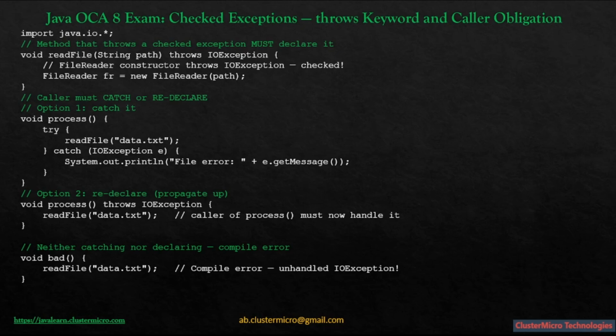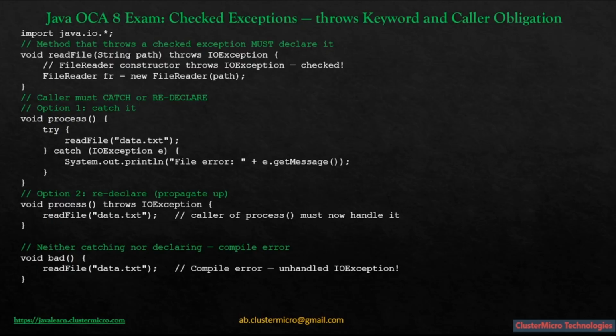This is a declaration of intent, and readFile method is saying I might throw an IOException, and whoever calls me needs to deal with it. Okay. So option 1 is catch it. So void process(): try { readFile(data); } catch (IOException e) { System.out.println("File error: " + e.getMessage()); }